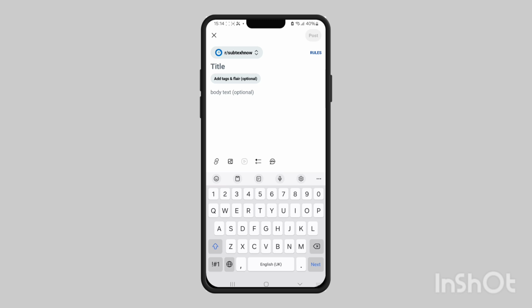So you have a title. So you simply fill in the title. You also have body text. Fill in the text. And then if you want to add a link, come down to the bottom menu and